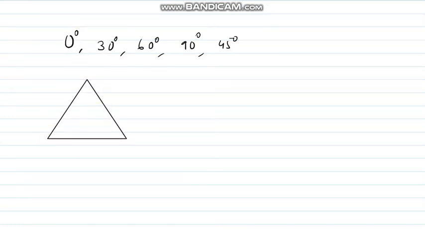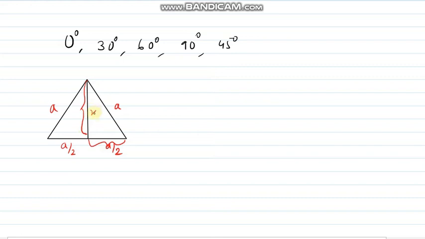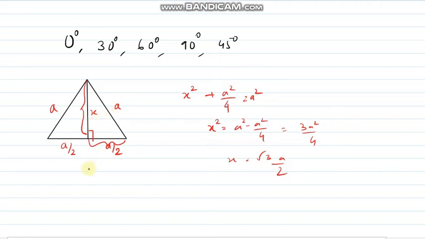In the equilateral triangle, if I draw this line, this height. Now, sides of the equilateral triangle we are taking as a. So this will be a by 2, this will be a by 2, this portion only. And what will be the height of the equilateral triangle? Many of you know, but still if you don't know, x square plus a square by 4, using Pythagoras theorem, because this will be 90 degree, equals a square. So x square equals a square minus a square by 4, it is 3a square by 4. So x will be equal to root 3a by 2. So this side x will be root 3a by 2. Instead of this x we can write this root 3a by 2.